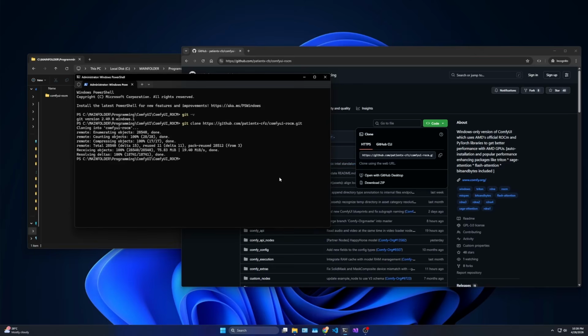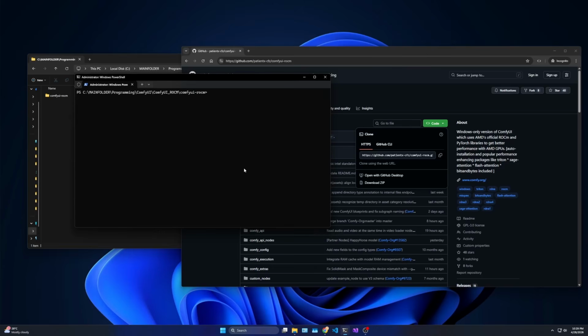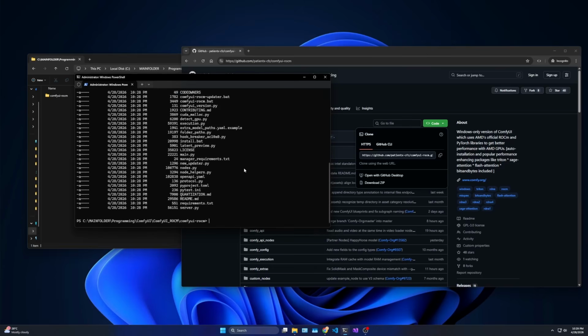Once that's done, you can type in ls and you'll see that you have the ComfyUI ROCm directory that we just cloned. You can press cd to change into it and clear the terminal. If you type ls, you'll see all of the files that we have, and now all you have to do